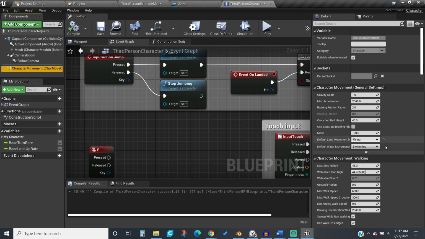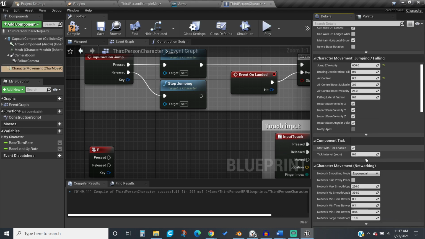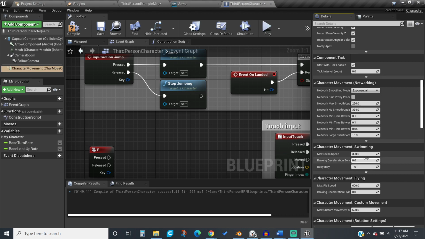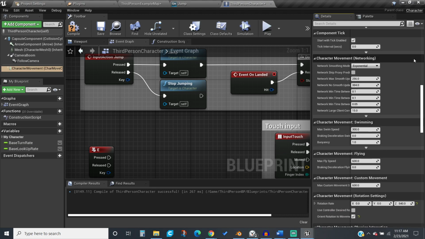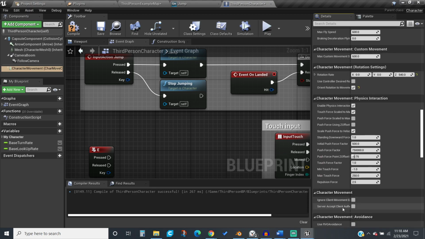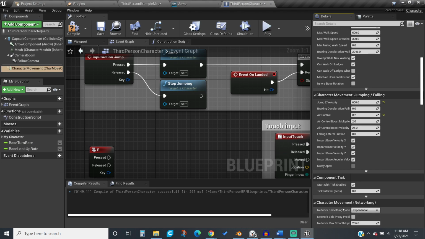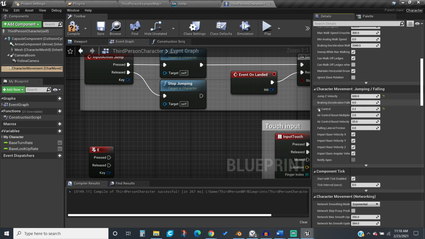Okay, so usually this is set to default, but for some reason you might want to set it to something else. But max fly speed, that's that, and then we could cover more of the jump, air control,